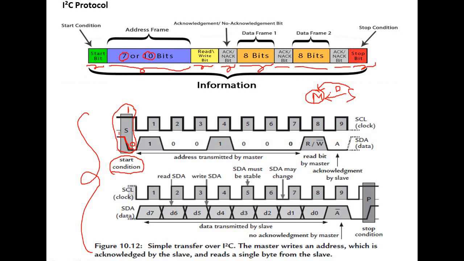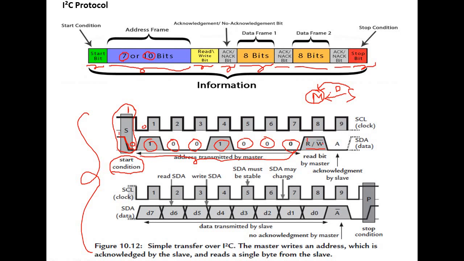Next, the master places the address on the serial data line according to clock pulses. See here. When the serial clock line becomes low, it places the first bit of the address, and it places the corresponding address bits repeatedly until all 7 bits of the address have been sent. Like this, the 7-bit address of the slave is passed. The next bit is the read or write bit. Read is an active high signal and write is an active low signal.